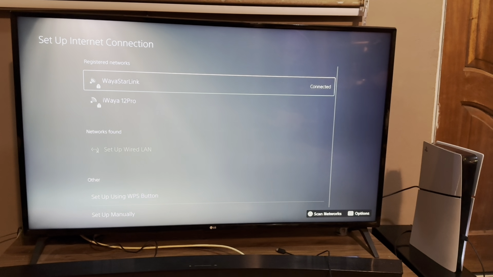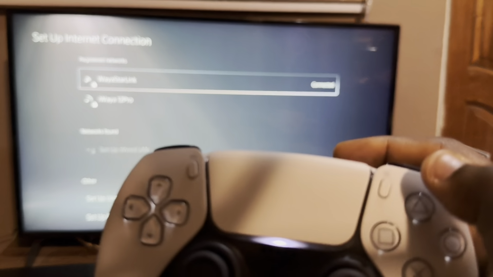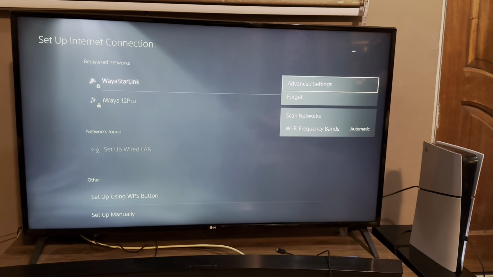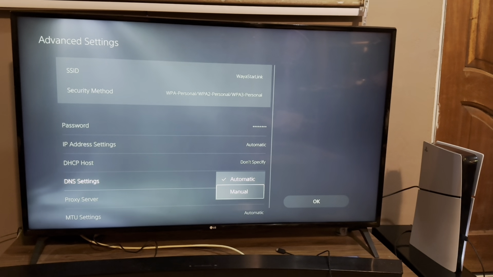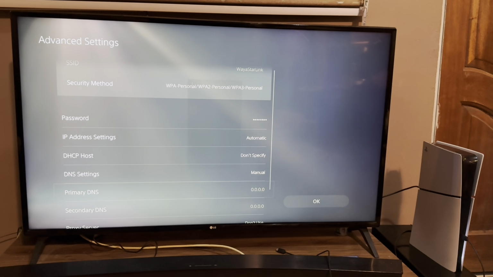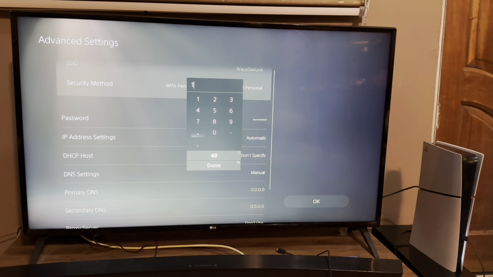Once we're in our Wi-Fi, you can use the LAN cable to make this stronger, but once we're in our Wi-Fi, we want to press the options button, go to advanced settings, and change the DNS to manual. We want to set it to either 1.1.1.1, or if that doesn't work, you're going to have to change that to 8.8.8.8. Please remember that it is always best to use the LAN cable for the best speed,